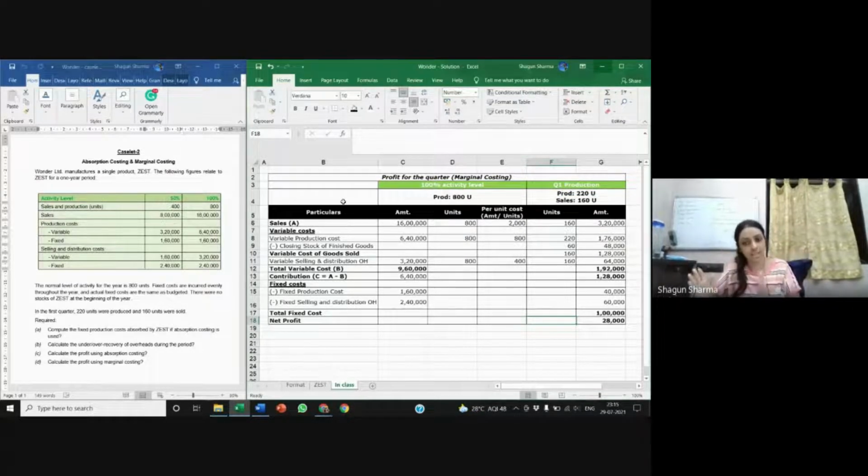All right. This was one layer that got added. The other thing that happened is I had to adjust the variable production cost because that was on my number of units produced or manufactured. So I had to remove the closing stock from it to find the cost of goods sold, right? Because my sales was only on 160 units. And like we discussed in the first video, I have to compare 160 units with 160 units, which is why I removed the cost of 60 units from 220 units, right? And as you can see here also, it is sales, variable cost gives contribution, minus fixed cost gives profit. And that is the end of marginal costing.